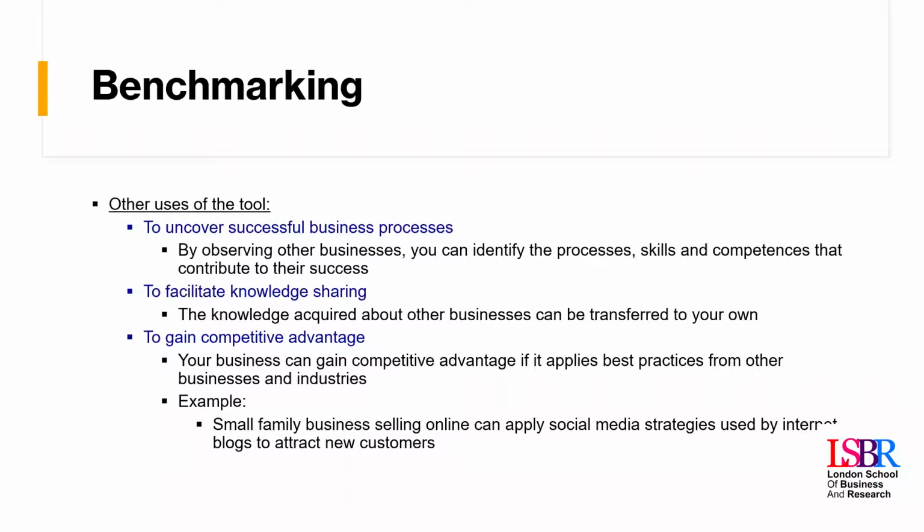Associatedly, we also have competitive advantage. Now, we talked about Michael Porter in lecture number 1. Well, Michael Porter is basically the forefather of the literature on competitive advantage. He essentially discusses how competitive advantage is the purpose of strategy. So what that means for us in particular is how can our business gain competitive advantage by applying best practices from other businesses? So again, if someone else is already doing it, why does that mean you'll be able to get competitive advantage? Well, what you're doing essentially is you're learning what they're good at, and then you're combining that with what you already know so that you can make it even better, okay?